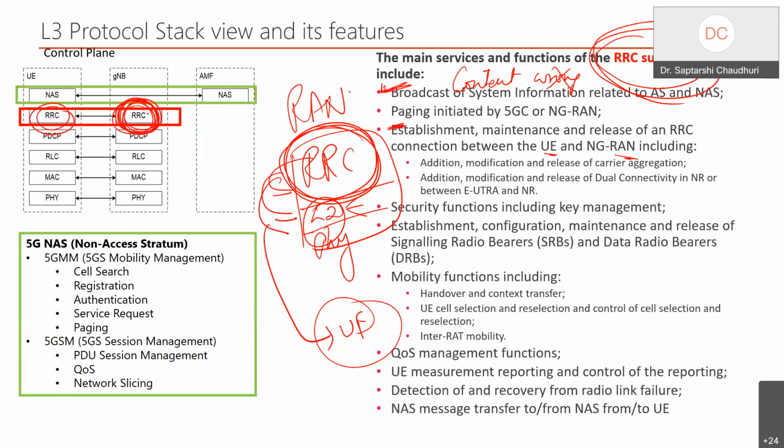So whatever the RRC of the base station tells the RRC of the device, the device internally configures its own part of it. So if we are not able to do a proper job here, then the device will never ever come back to the network anytime soon actually. So this is the controller aspect of it. Now, how much is algorithm and how much is configuration, it's 50-50. Okay, we'll come to that actually.